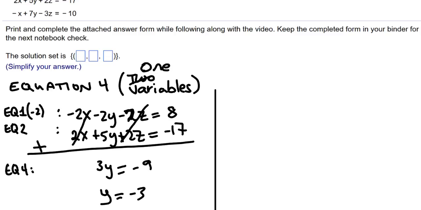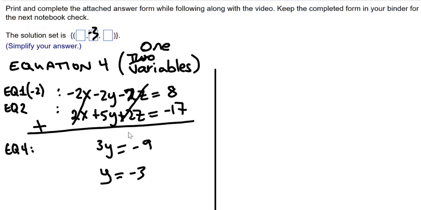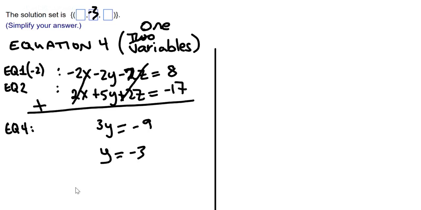I have a little place I can write it right in here, -3. So now I just need to find x and z to get the full solution to this problem. All right, now for equation 5,